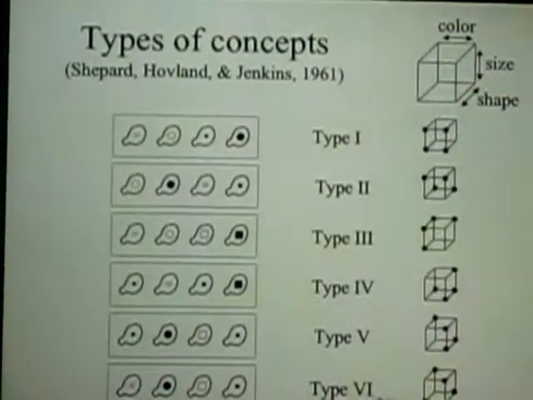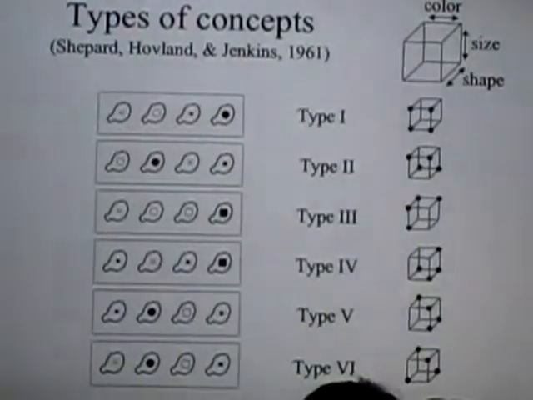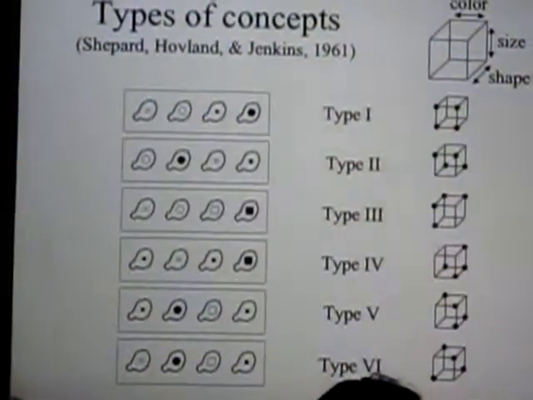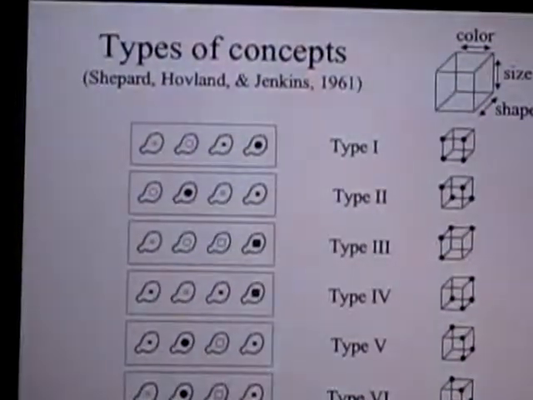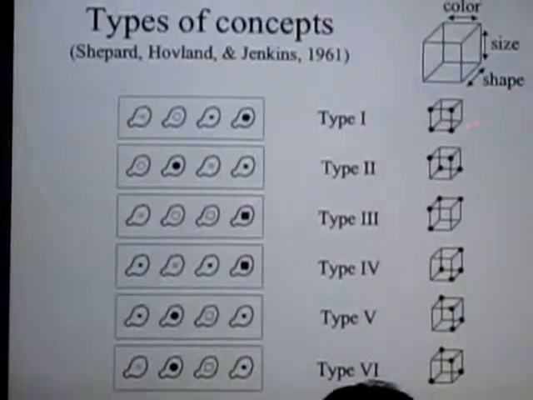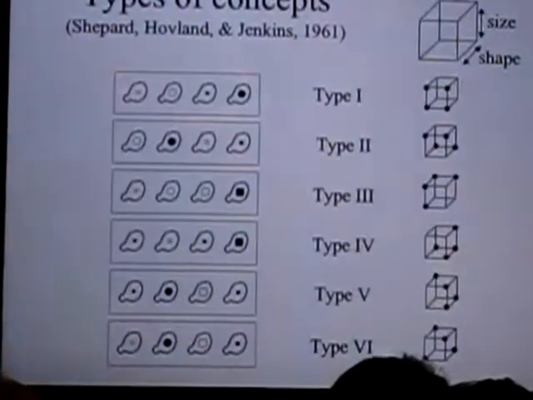So these stimuli defined in these 3 binary dimensions, if we restrict ourselves to sets of 4 objects, break down into just 6 basic types. And there's an ordering that's known in terms of the difficulty of learning concepts of those 6 different types. So type 1 concepts are expressed only along a single one of those binary dimensions. Here, everything that's in the